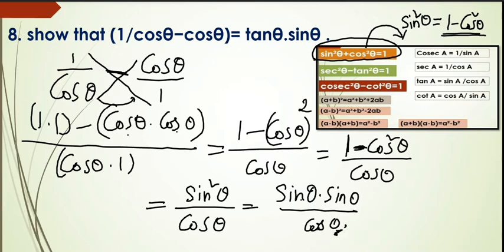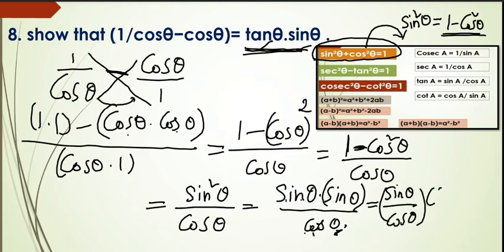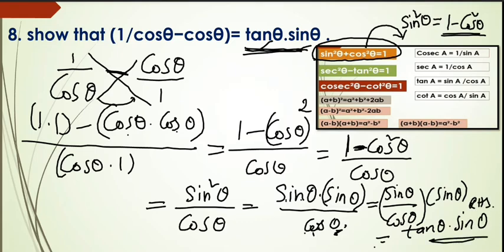So one cos theta is there. Apply it anywhere, because here on the right side there is tan theta into sin theta. One sin theta is as it is, we have to write. So sin theta and cos theta, this we can write as tan theta. So separate this: sin theta by cos theta as one, and another sin theta as it is. So sin theta by cos theta is nothing but tan theta into sin theta. This is our RHS value. Like this we have to prove this.